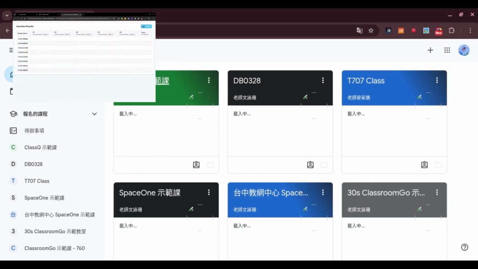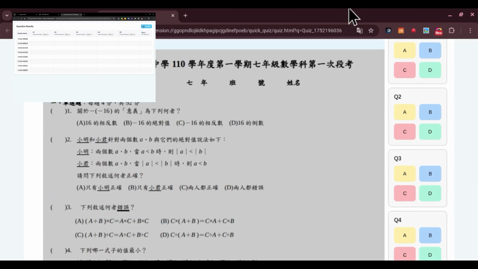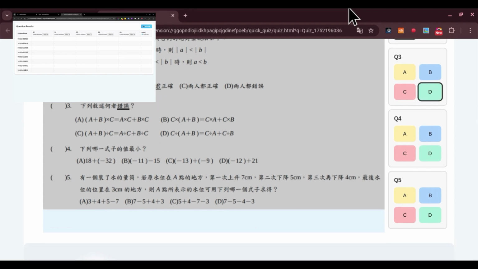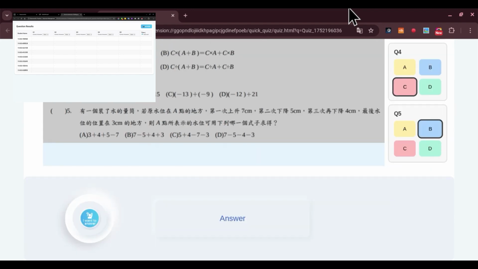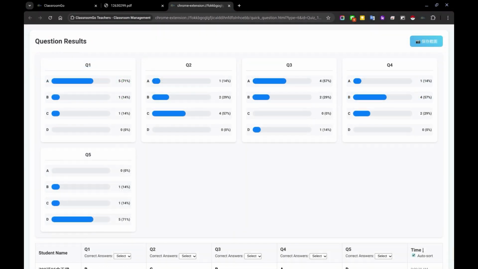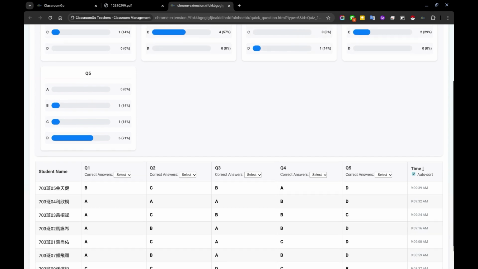On the student's device, ClassroomGo will automatically open the practice interface. Students view the screenshot question shared by the teacher, select their answer, and submit by clicking the Answer button at the bottom. Back on the teacher's end, students' answers and submission times are instantly displayed, along with visual statistics for